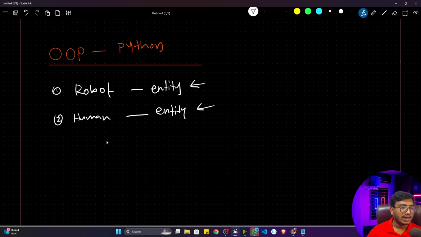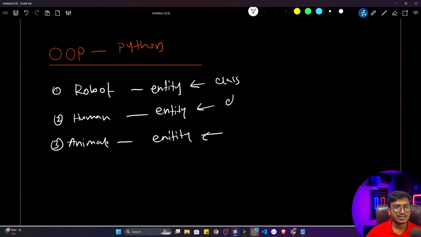And an animal is also an entity. They're the animal class. They're not related to the human class or robot class. That means we can also call them a class. Different classes: robot class, human class, animal class, yes or no?